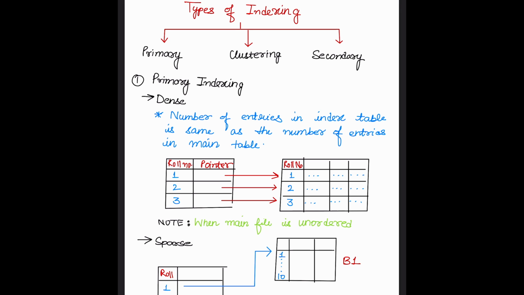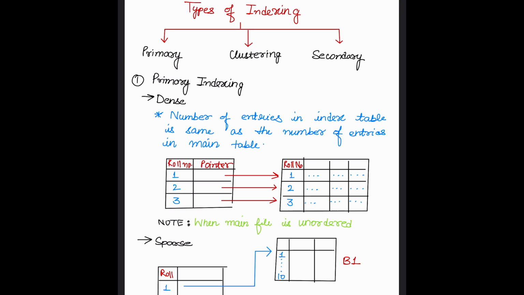In the same way, if I want to find the record with roll number 17, or we can say with primary key 17, then I look in my index table, where I have the primary key roll numbers 1, 11, 21. So I know that my second primary key, that is 11, points to block B2 where we have records from 11 to 20. So we can move to that base address where in the first record we'll find 11, then 12, 13, 14, 15, 16, and then 17. Like this we can read the record with roll number 17. So these are the two ways in which primary indexing can be done, the dense and the sparse.